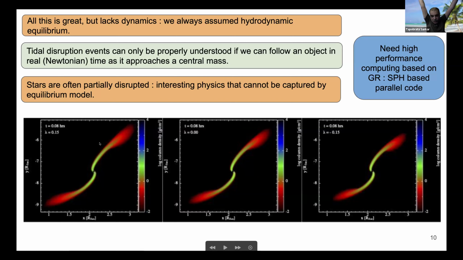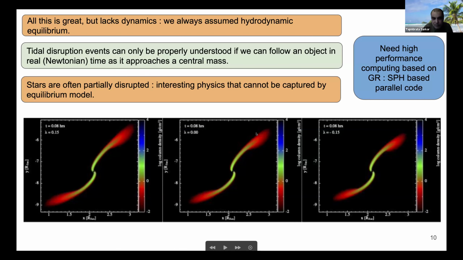As I showed you in one of the previous slides, the process is enormously complicated because there are the tidal tails. One part of the tidal tail will circularize and fall into the black hole. You could calculate the specific energy of the two tails, and one part will have negative energy, so it will be bound to the black hole and fall into it. The other will escape. Once the tidal disruption happens, it no longer looks like a spherical object by any imagination, and the whole thing will be quite complicated.